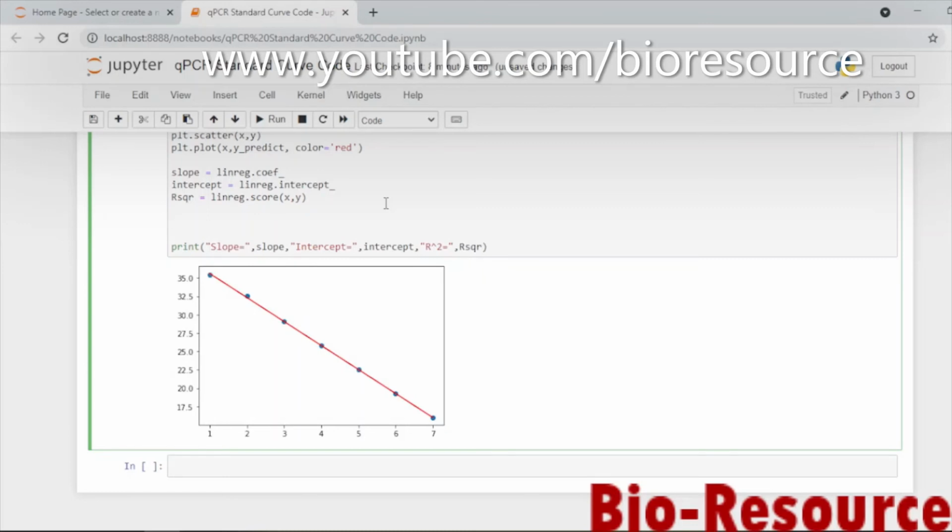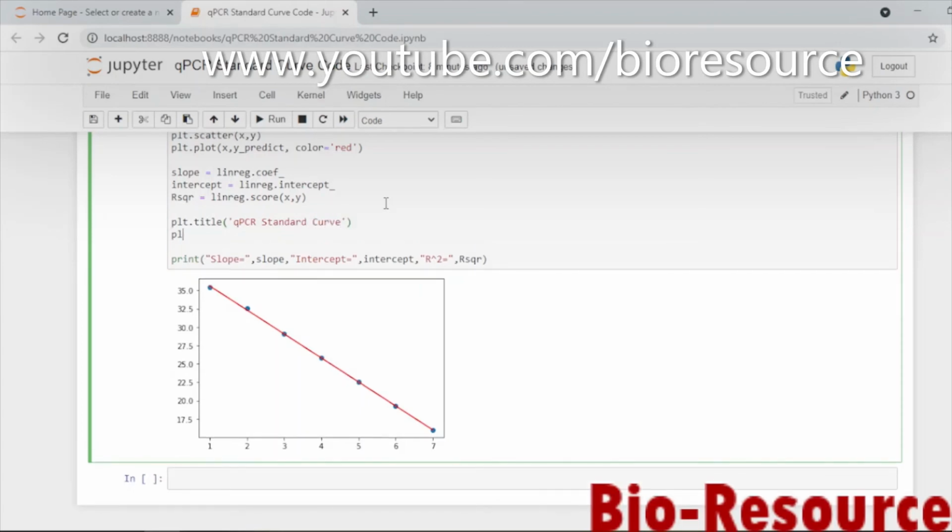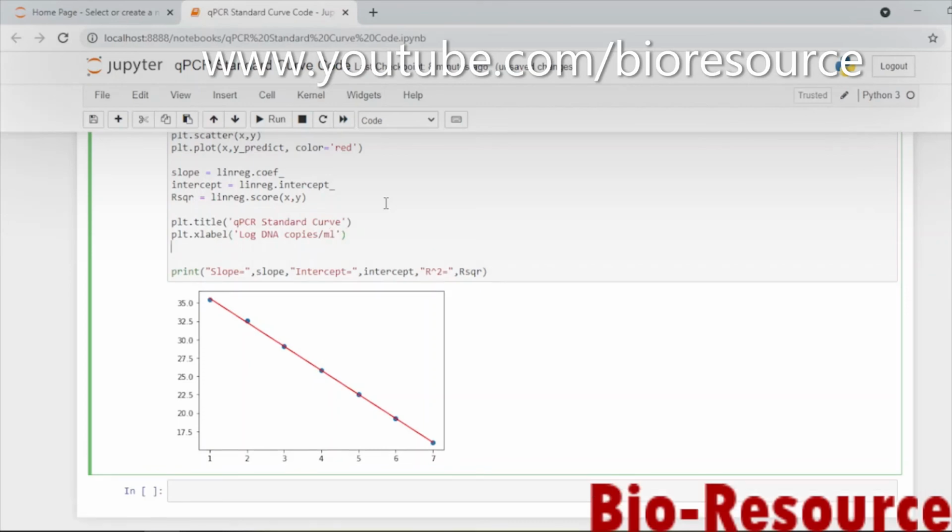We also need to give the title and the axis labels. For that we can use plt dot title. This is the function for title, that is qPCR standard curve, and for the axis labels plt dot xlabel as log DNA copies per ml, and ylabel as cycle threshold.